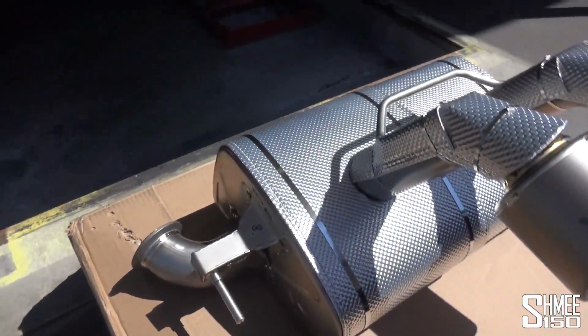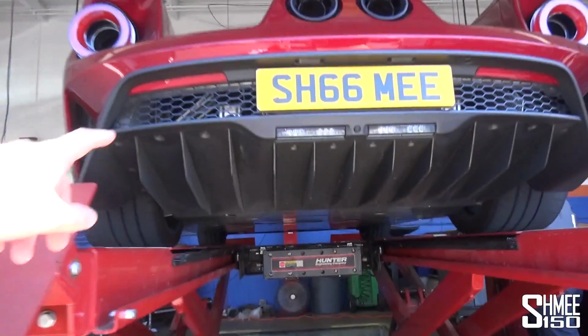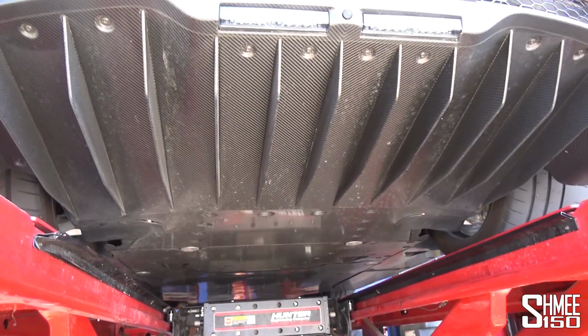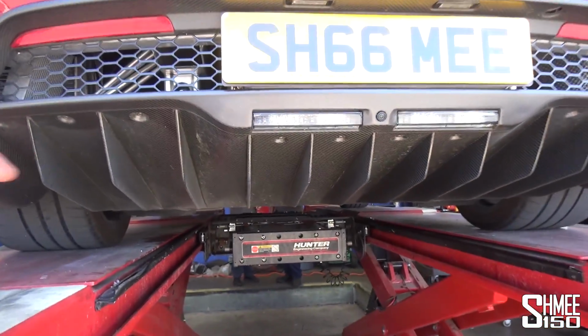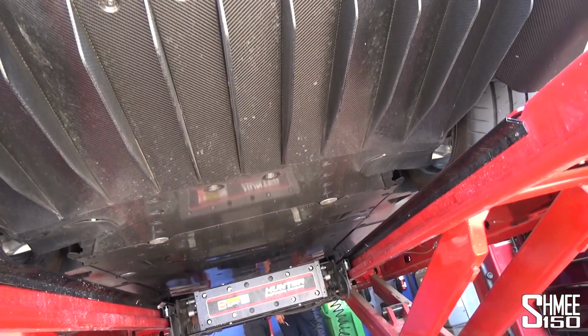The pipework all looks stunning. New heat shield around it. This is going to end up underneath here. Just look at that diffuser though. Look at all of the veins that you've got on it. Carbon fibre everywhere, the entire thing. These are all actually PPF'd, of course. They're not the cleanest in the world because it's quite hard to get under there, but this is the base